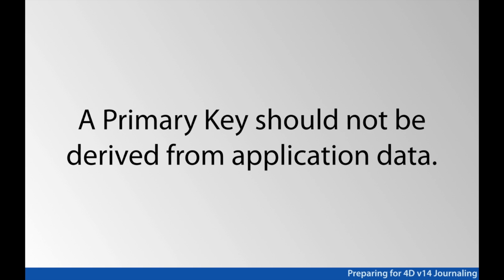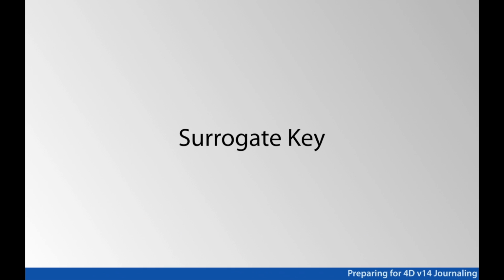So the reason why invoice ID is not a primary key is that a primary key should not be derived from application data. It should be derived separately from the application data such that it never gets changed. It's never subject to business rules. This is often called a surrogate key, as someone was kind enough to point out to me on the iNug